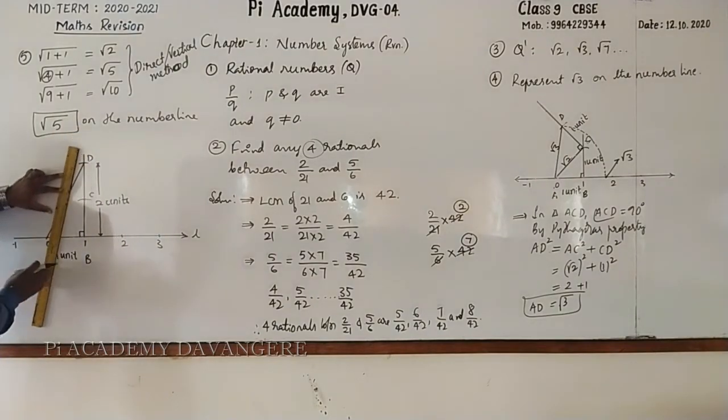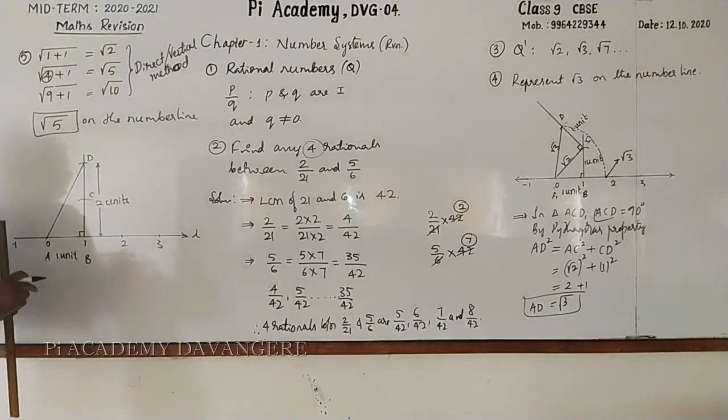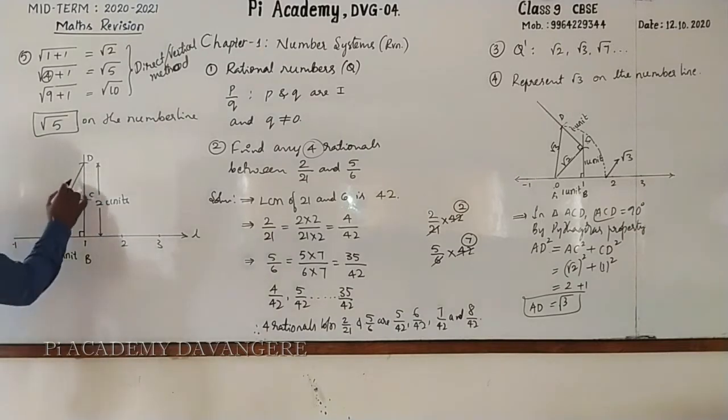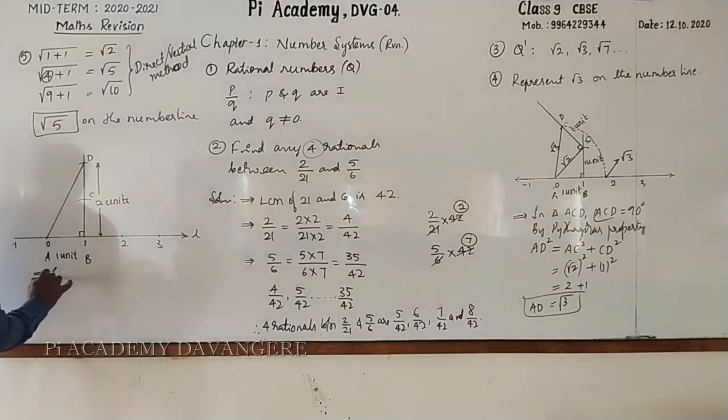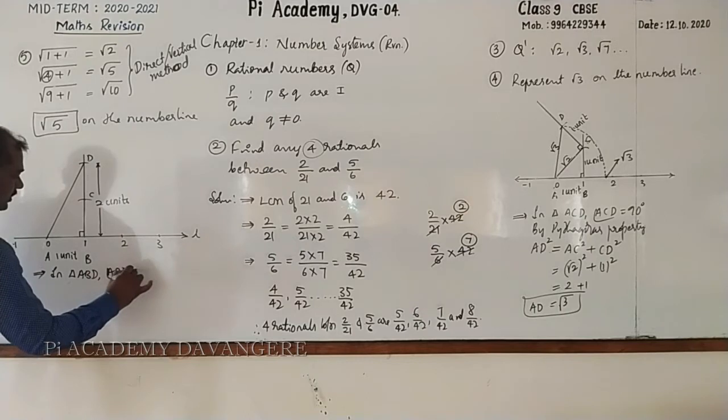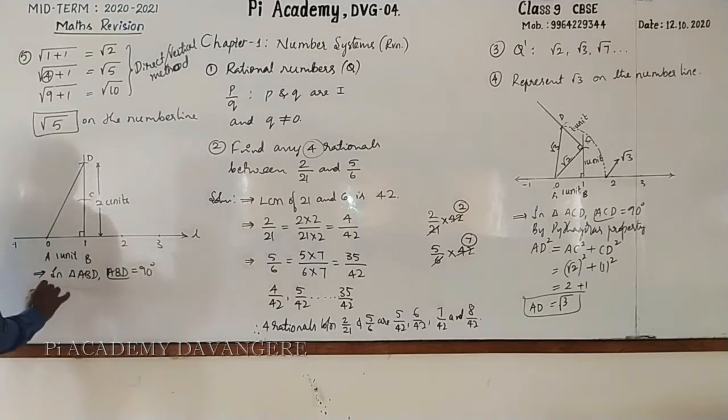Then join DA. How much is it? It is root 5. Can we show that with calculation? Yes. How? By using Pythagoras theorem. Look here. In triangle ABD, angle ABD is 90 degrees. Use Pythagoras theorem. We can write AD square equal to